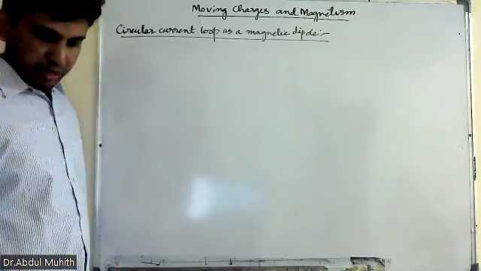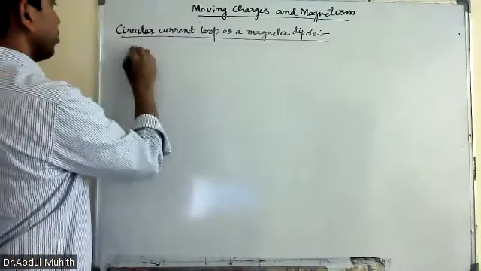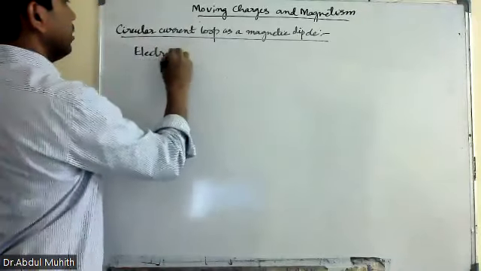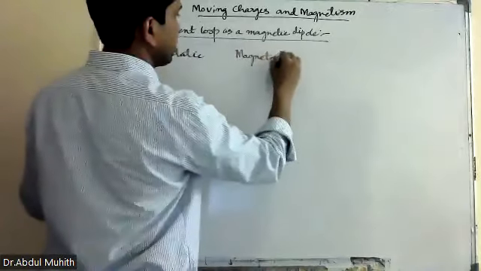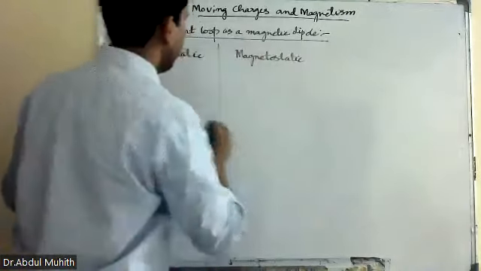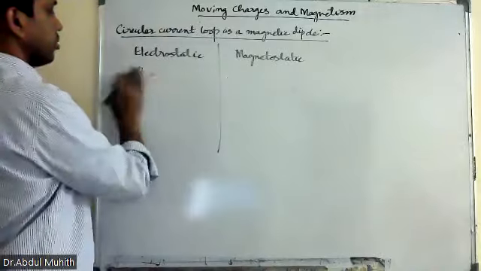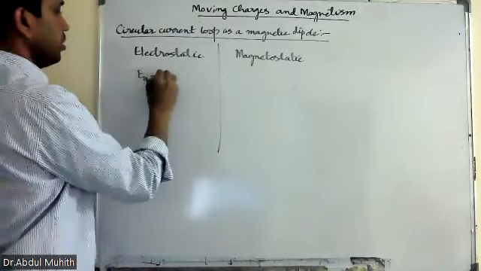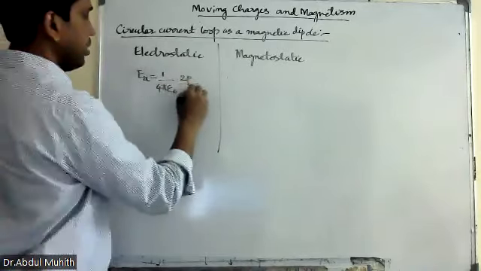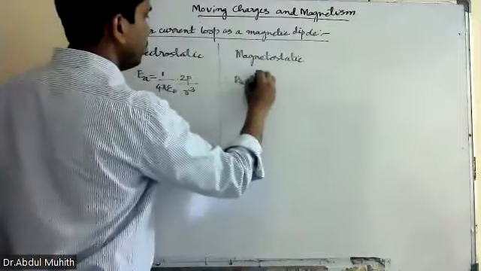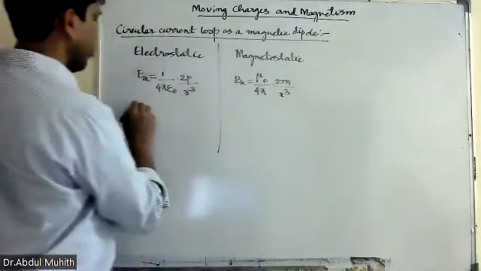So we are going to compare electrostatics with magnetostatics. On one side I will write the electrostatics formulas, and on the other side the formulas of magnetostatics. We have the axial line formula. What is that? E axial, for the axial line, is 1 by 4 pi epsilon 0 into 2p by r cube. Here for the magnetic field, B axial will be equal to what? Mu 0 by 4 pi into 2m by x cube. This is the formula. For the equatorial line, we write